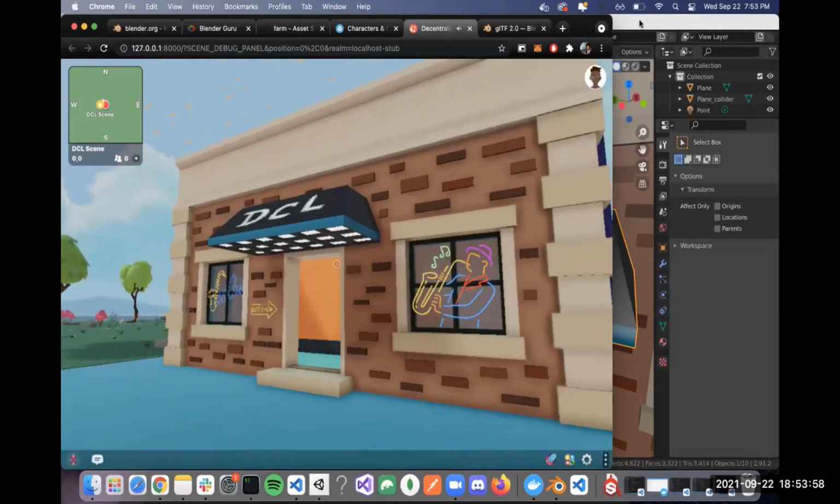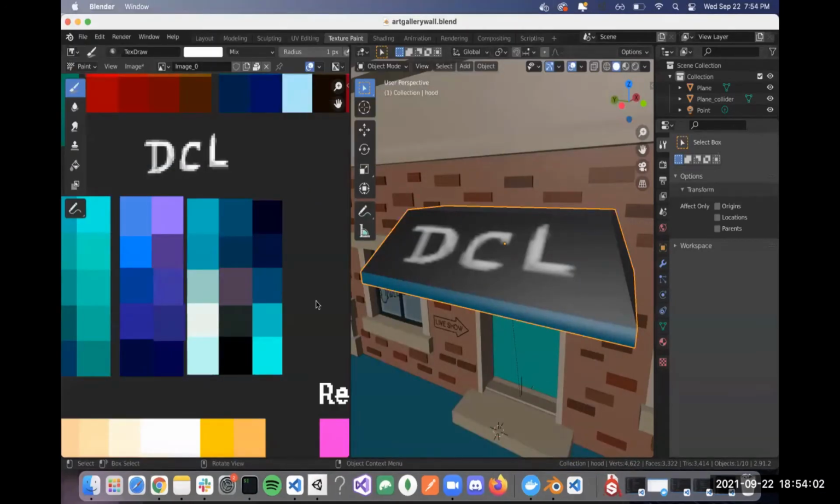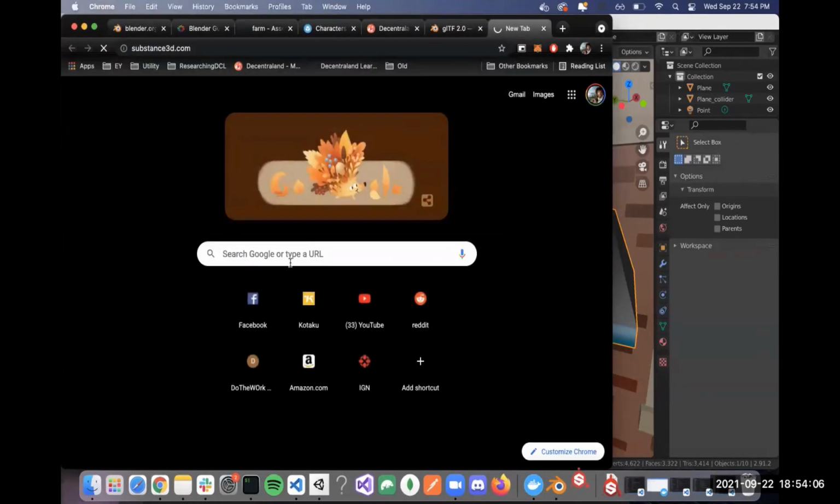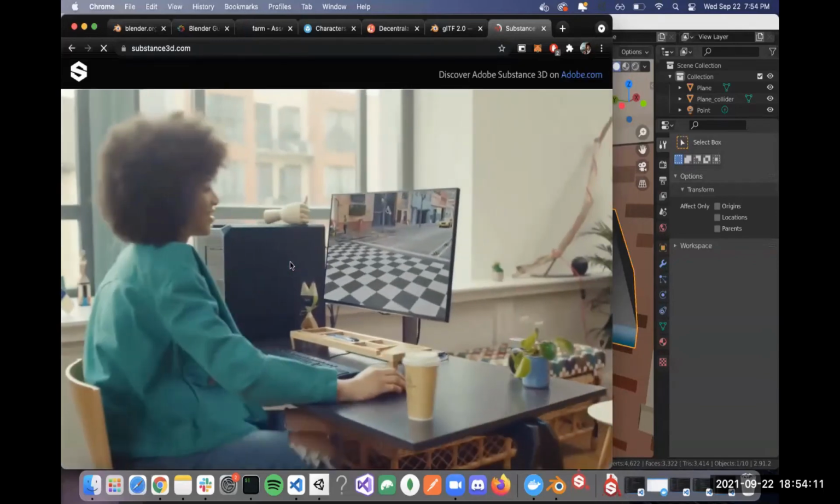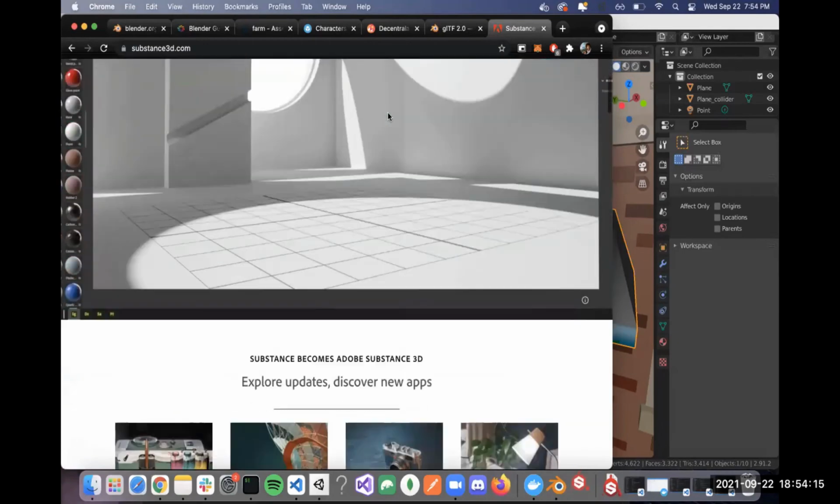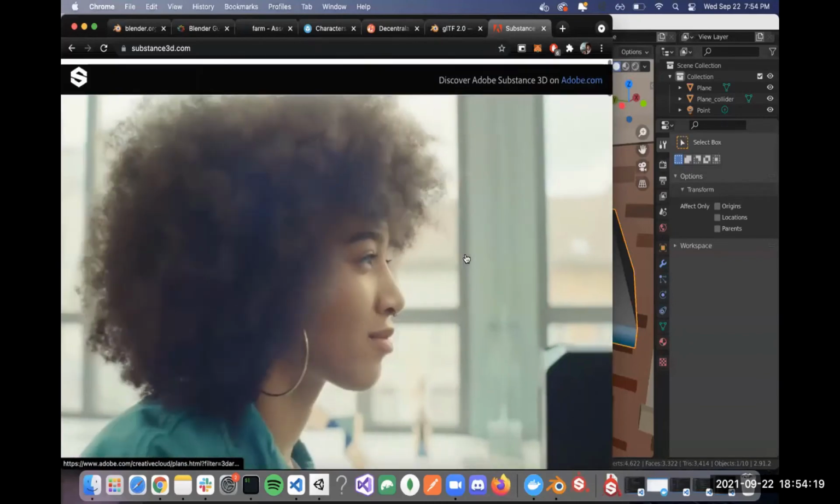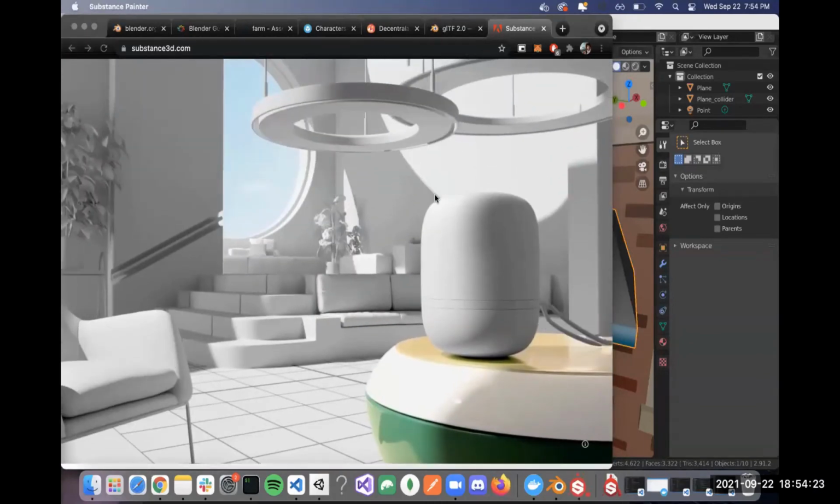Okay, so there's another tool called Substance Painter. And as that loads up, we will go to the website. So substance3d.com. This does require some money. I don't know how expensive it is, to be honest with you. It could be about $80 or something like that a month. I'm not too sure, but it's an Adobe product, so it does. It's good,